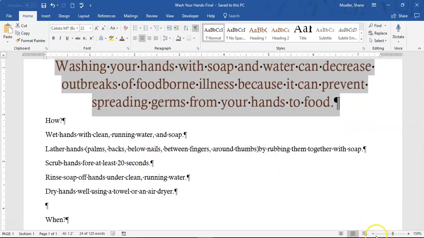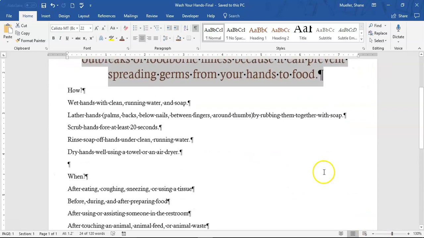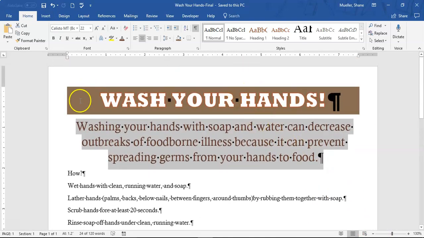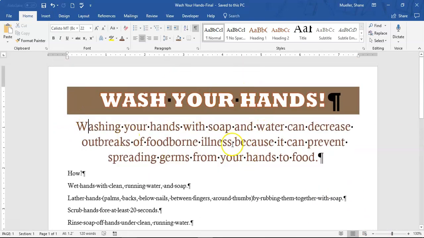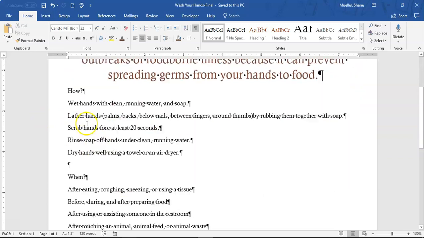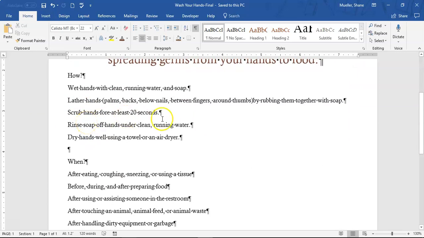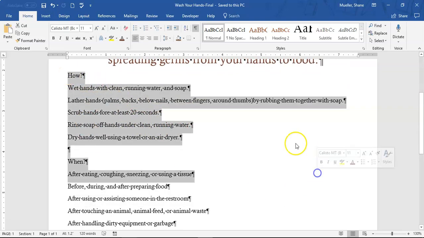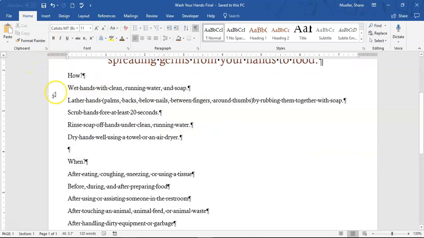Now, I'm going to zoom out just a little bit because we're going to select multiple paragraphs. So we've got the title section of our flyer formatted. Now we're going to look at these lists right here, this How and When. So I'm going to select multiple lines of text. And again, you can click and hold and drag through everything, or since we're going to do all the lines of text, I'm just going to hover over this margin on the left, right before the word How. I'm going to click with my left mouse button,